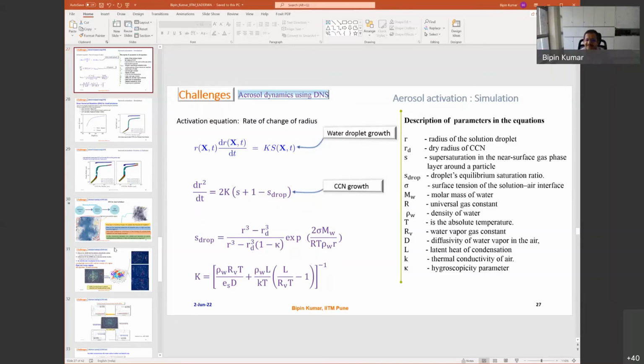Good afternoon, sir. My name is Tarang Soni, and I am a BTech second year student. Sir, I have a question. As you said, in highly polluted areas the aerosol activation is comparatively less, right, sir? Can you please explain what effects it will have on the climate or weather of that region, and if it will have any long-term effects? And if it has any negative effects on the climate,